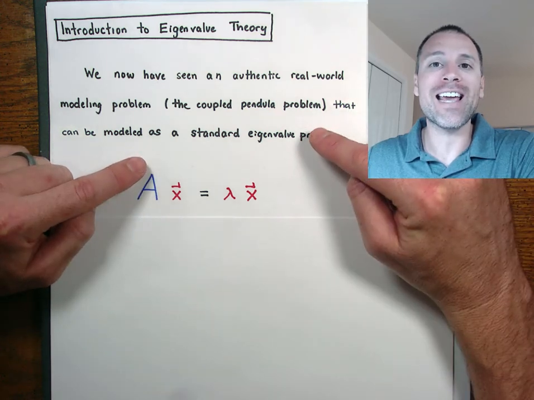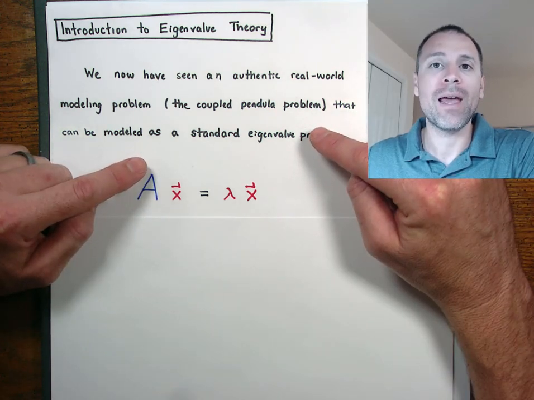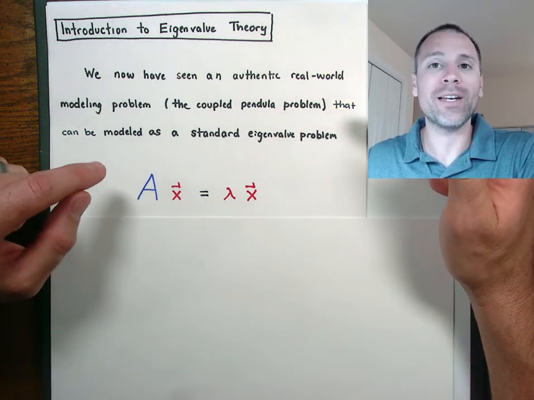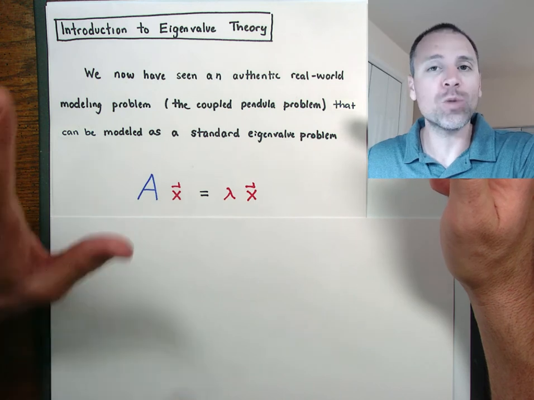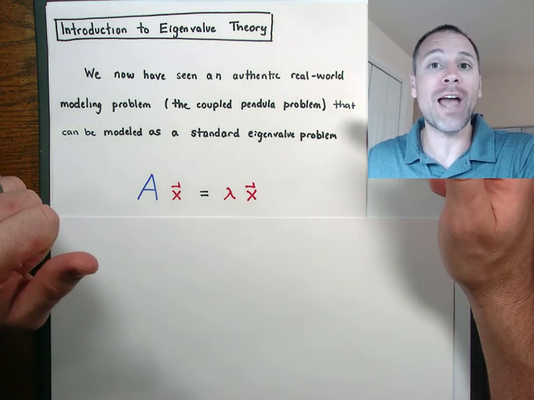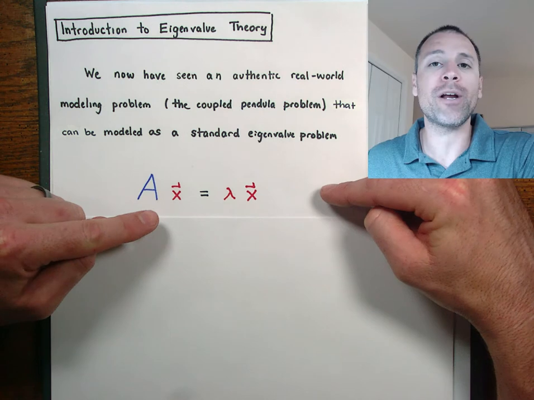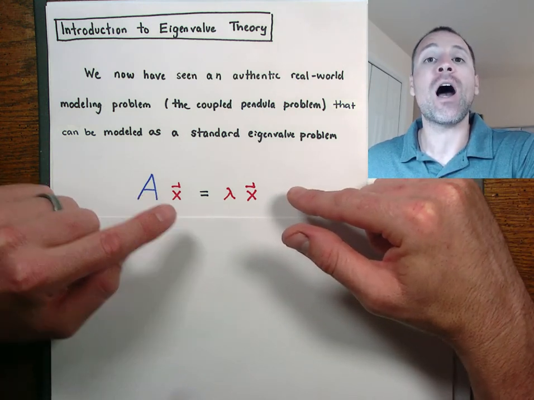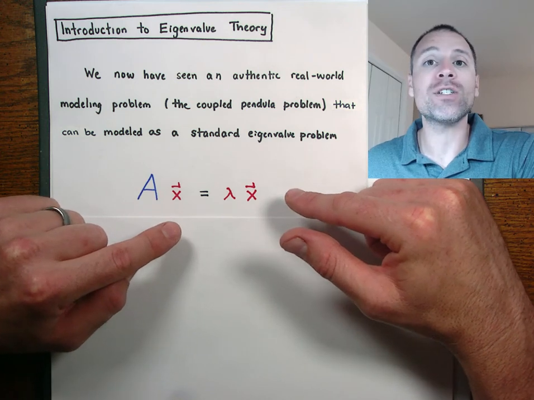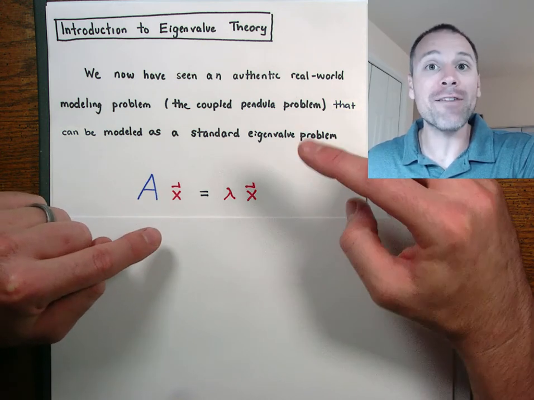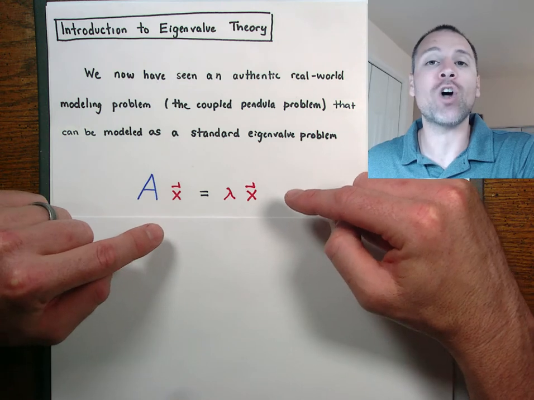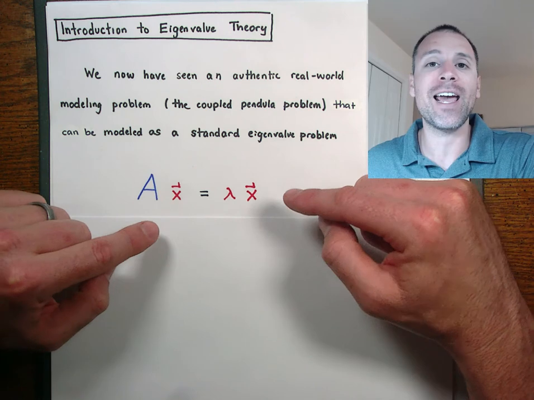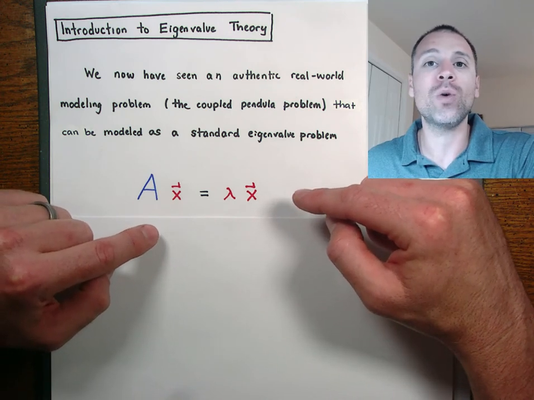That was the coupled pendula problem, and we used the McCusker apparatus as an entry point to transform a measurable phenomenon, something that we could observe and measure, into an algebraic problem of the form: square matrix A, unknown vector x, unknown scalar lambda. For that given matrix A, find all eigenvalue-eigenvector pairs such that A times x is equal to lambda times